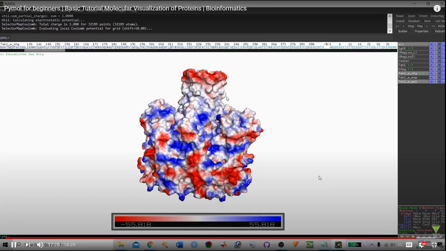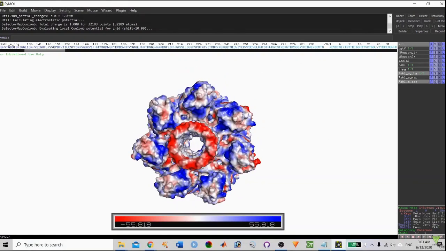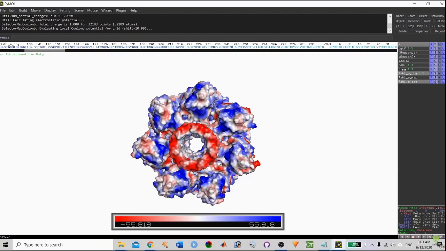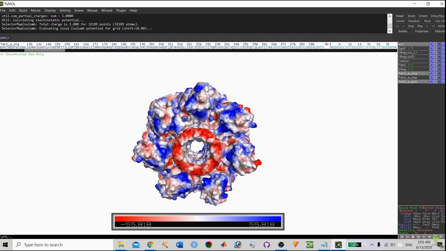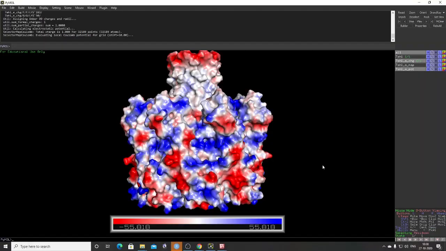You will find an electrostatic potential map of your particular interested protein. Here you can see the positive, negative and neutral amino acids based on the color. So here are the positive amino acids, negative amino acids, and the neutral amino acids map basically.